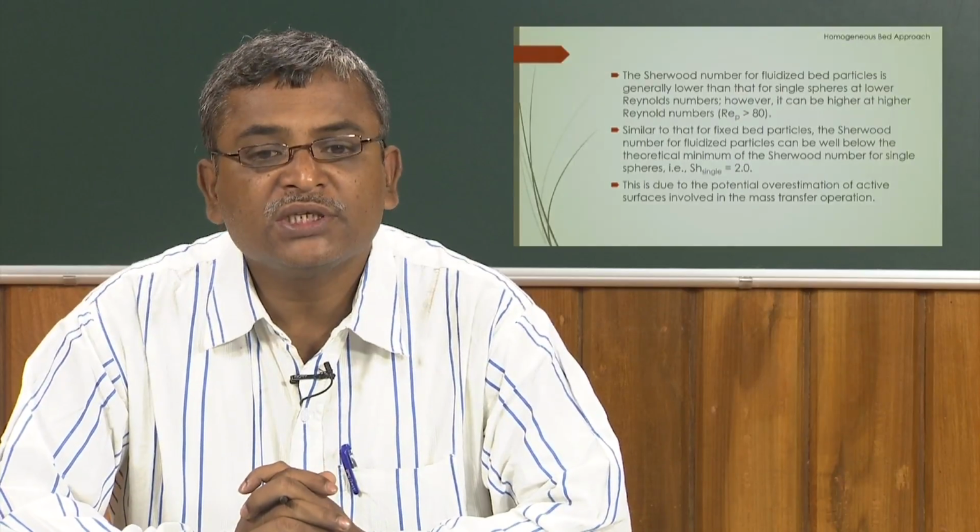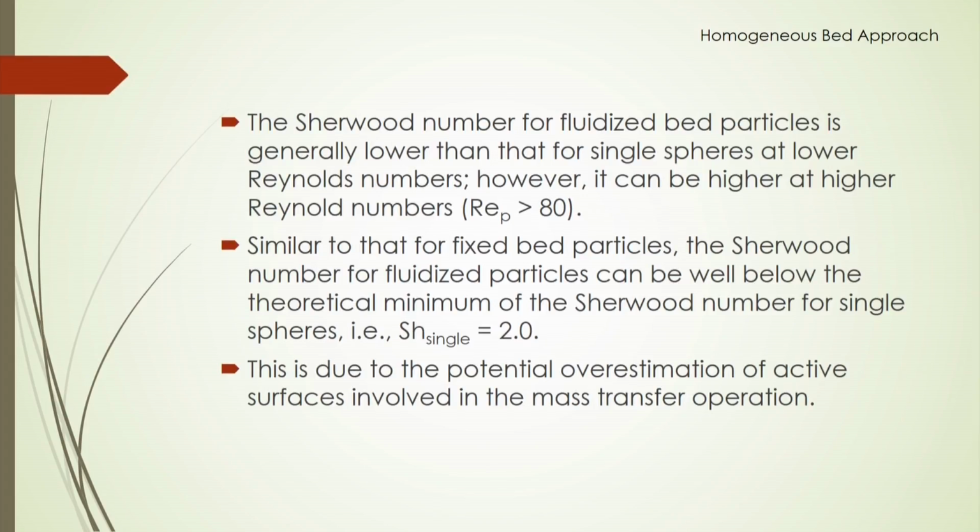The Sherwood number for fluidized bed particles is generally lower than that for single spheres at a lower Reynolds number. In this case, at low Reynolds number, the particles will not be moving inside the bed that intensely, there will be less mixing, and there will be no back mixing. That is why, at lower Reynolds number, the Sherwood number for the fluidized bed will sometimes be lower to some extent. That means the mass transfer coefficient will be somewhat lower, and it can be higher at higher Reynolds number, because in that case